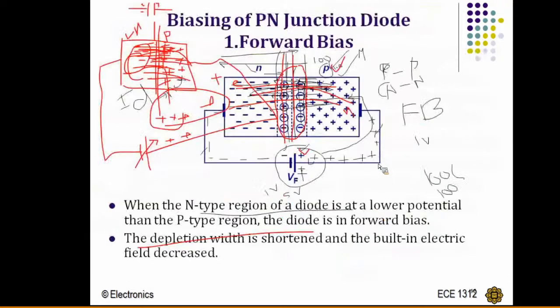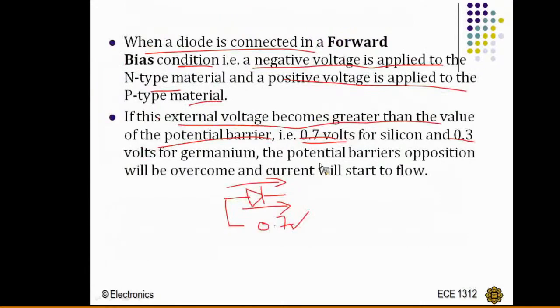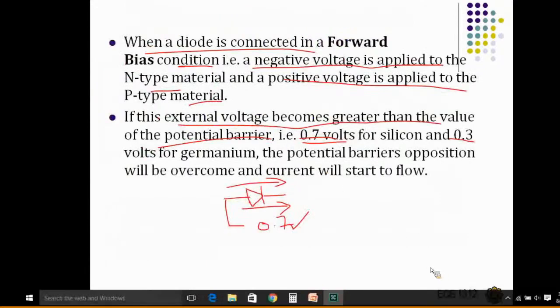Now, what is the forward bias condition? In case of forward bias, now this is the